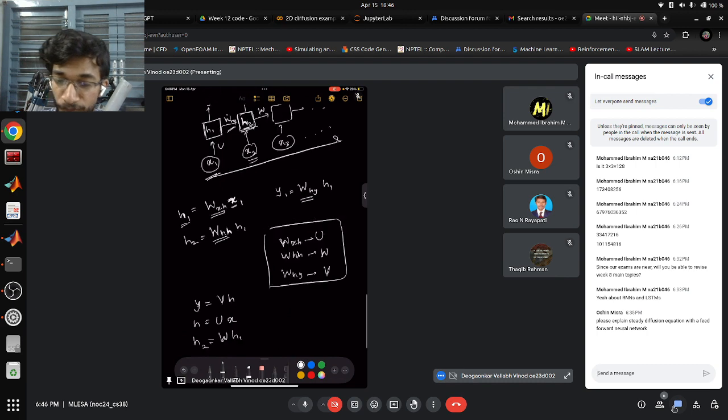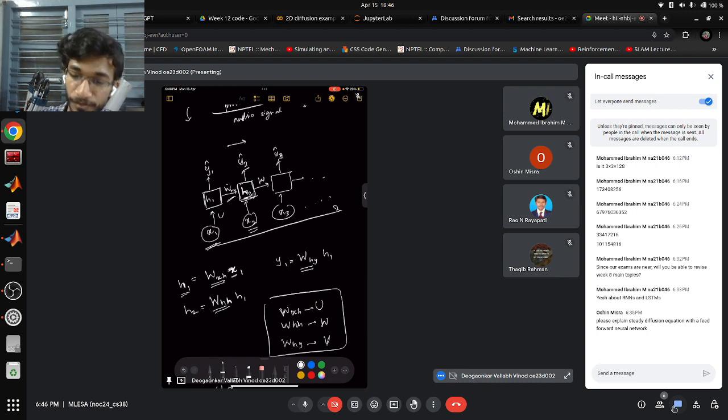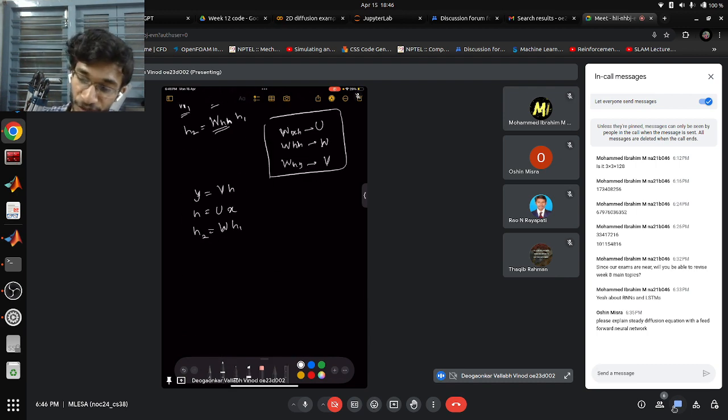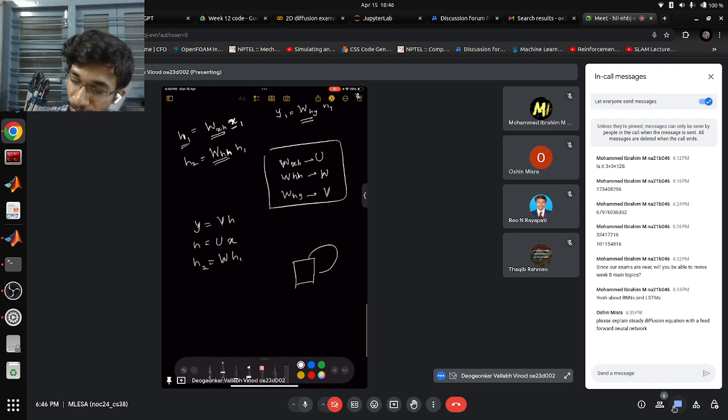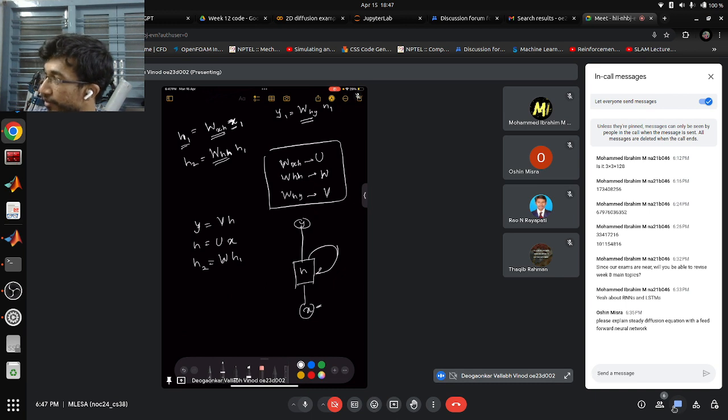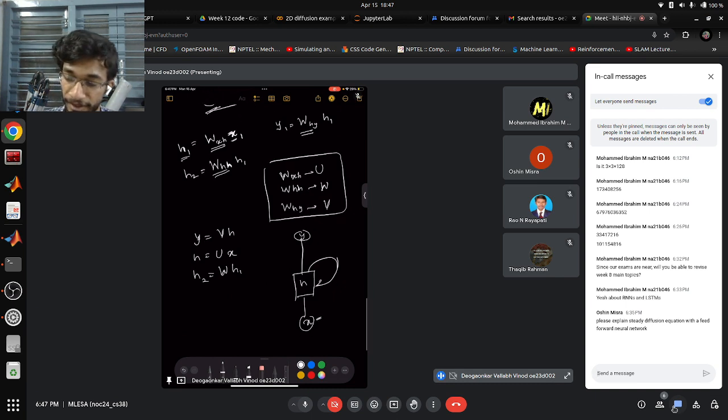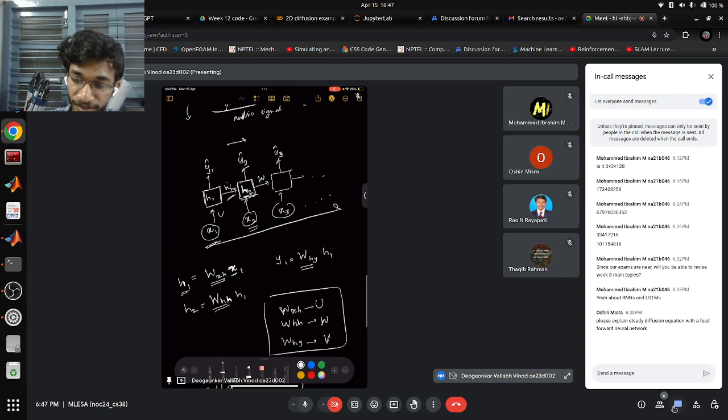So basically, that's why they usually draw an RNN as a single block, and they make it like this. Because what they are trying to represent here is that this same thing is going to work with the next x. And so essentially what you are doing is,